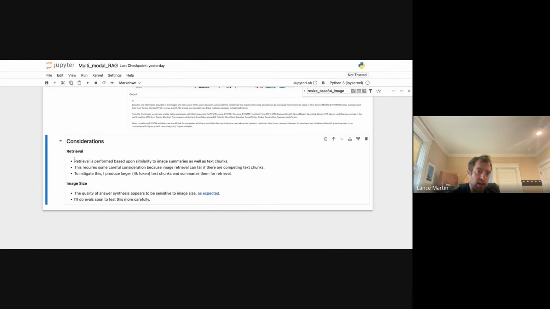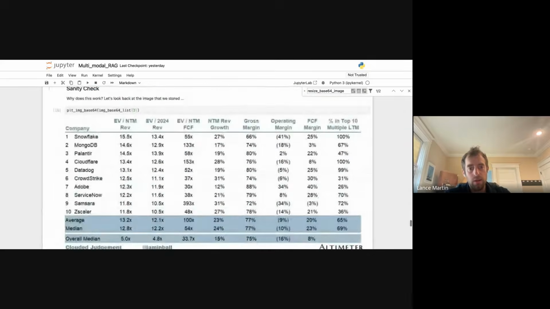The other little thing I'll flag, this is classic RAG stuff, but you're doing RAG based on similarity to all these chunks, these summary chunks, right? If you're not careful about how you're splitting your text, you can build lots of little text chunks that absorb that similarity and prevent you from retrieving images, if that makes sense. So imagine you have an image summary that talks about, let's even look at one. We have an image summary here that talks about